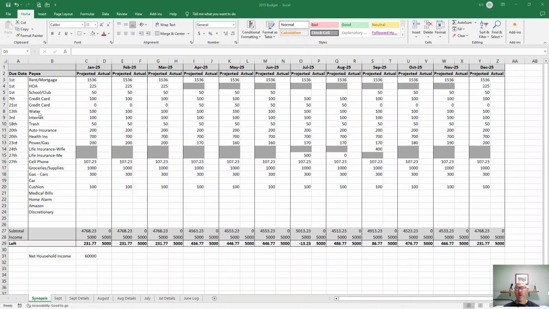built in here. Water, internet, trash, auto insurance, health insurance for those who are self-employed or don't have it from their work, power and gas. This would be your electricity and natural gas for your apartment or your home, life insurance, cell phone, groceries, gas for your car payments if you have those, and then building in a cushion is something that really helps people